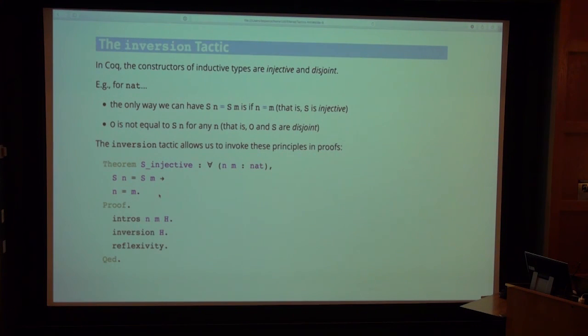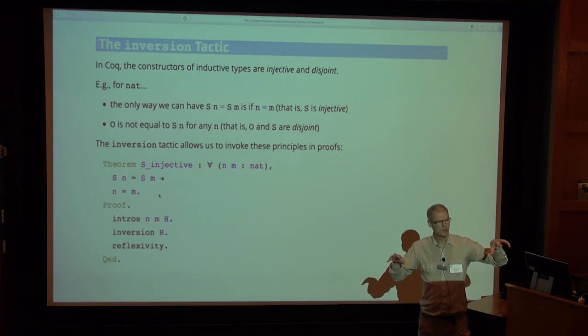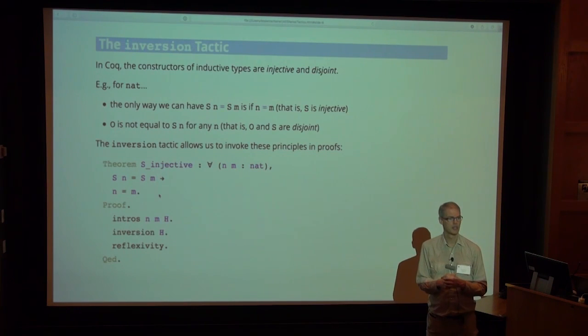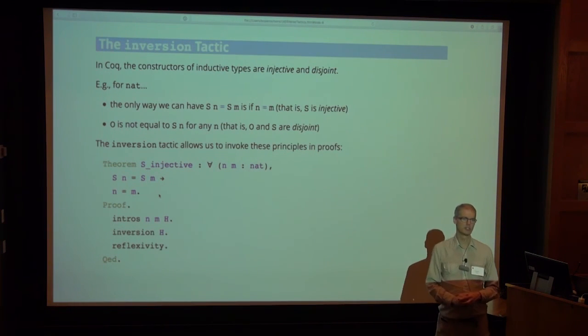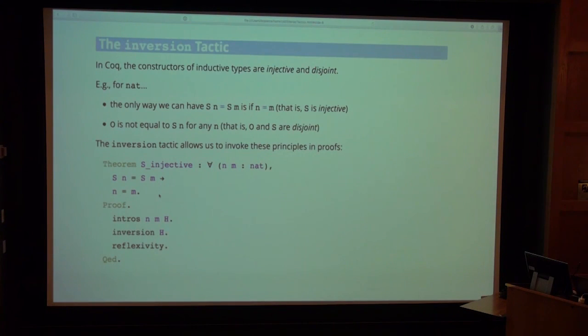Now, something to know about Coq is that because it's been under development for a long time and lots of people have done things to it, in general, there are probably six ways to do any given thing in Coq. So you might wonder at this point, well, there are two different principles involved here. There's the principle of injectivity and the principle of disjointness. Are there tactics that invoke each one of them separately instead of mashing them together as inversion does? And the answer is yes. And some people